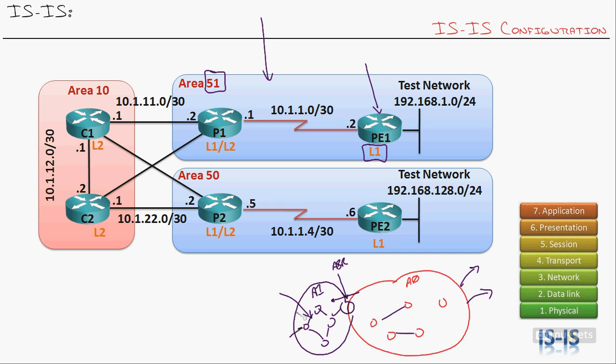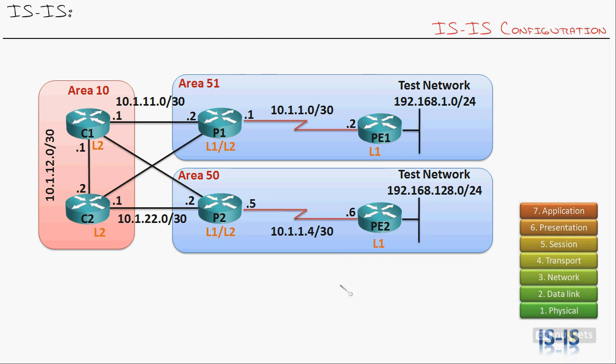It would be the same way as, quote unquote, area 1 over here with all these different routers that would exist inside here. And that comes up to P1. This router is a level 1/level 2 router, and yet completely in area 51. It's not between areas like we have in the OSPF world. The difference is this guy can form a level 1 neighbor relationship with PE1 and know the routes within area 1 or area 51, but also have a link over here to area 10,